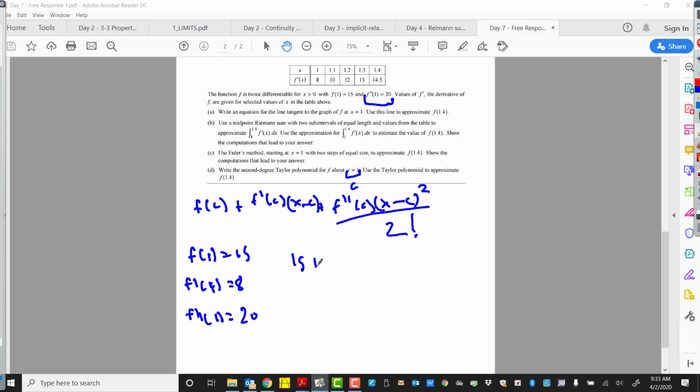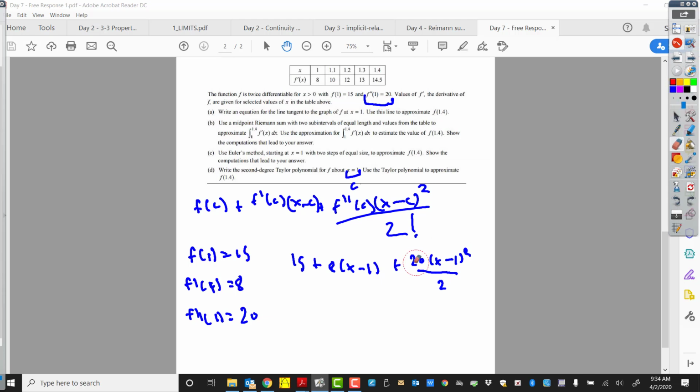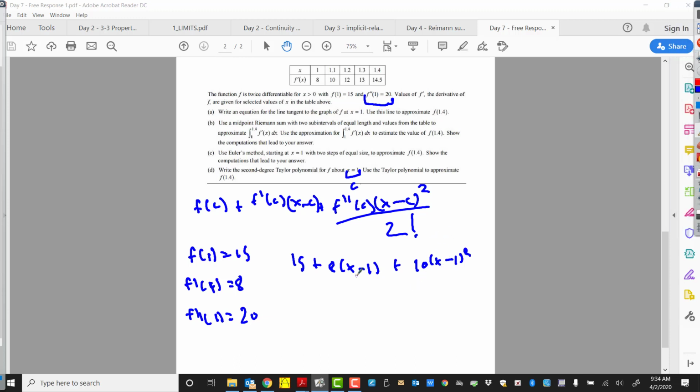So f of c was 15, plus f prime of c, which was 8, times x minus c, so x minus 1, plus f double prime of c, which is 20, times x minus 1 squared over 2. We could simplify that down by just saying this is 10 times x minus 1 squared. Okay? And so this is our approximation